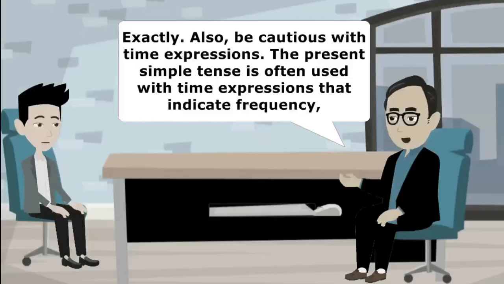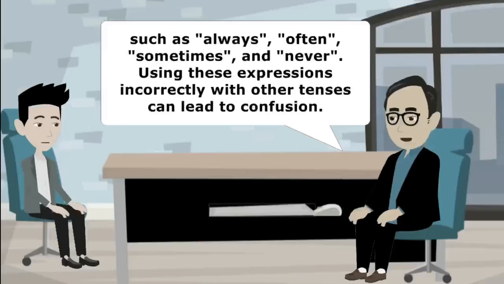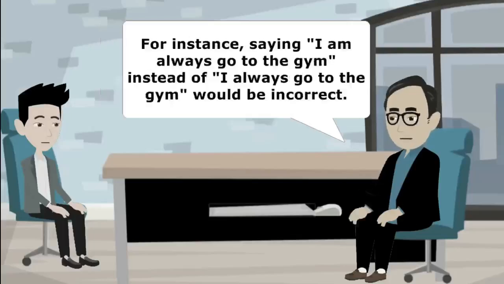Exactly. Also, be cautious with time expressions. The present simple tense is often used with time expressions that indicate frequency, such as always, often, sometimes, and never. Using these expressions incorrectly with other tenses can lead to confusion. For instance, saying "I am always go to the gym" instead of "I always go to the gym" would be